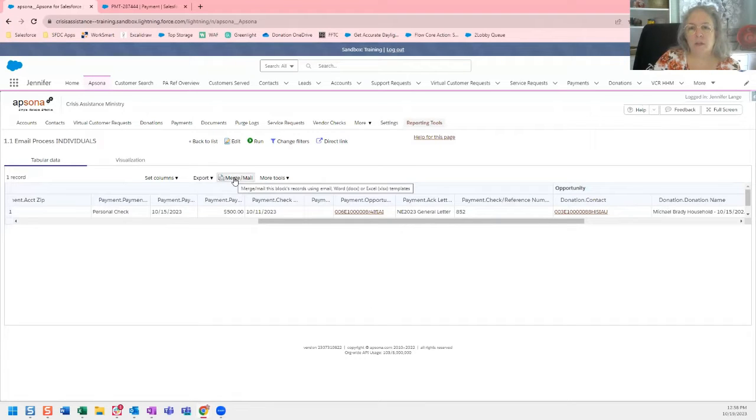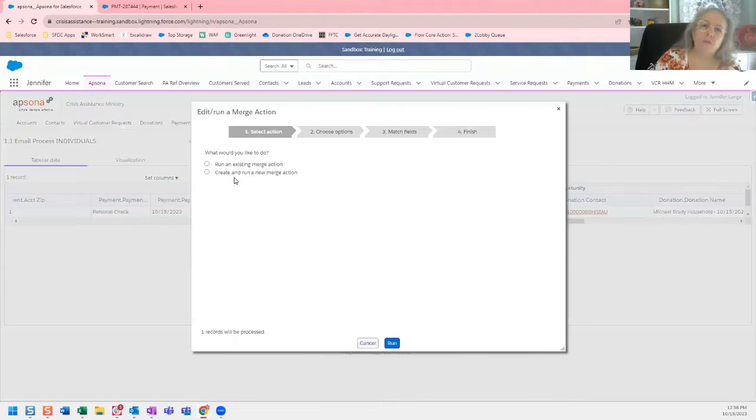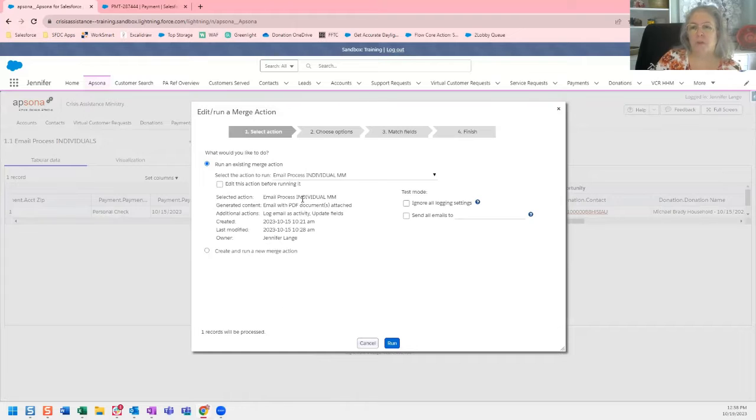So I can click the merge mail button and I've already set up this merge. I click run existing and I pick which merge I want to use. And then when I click run,